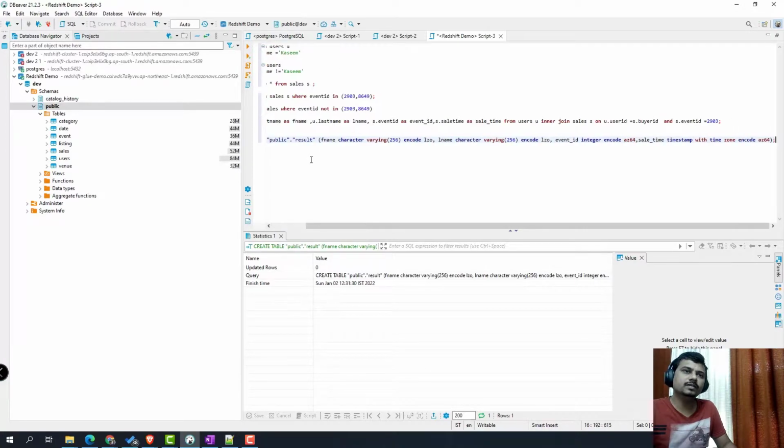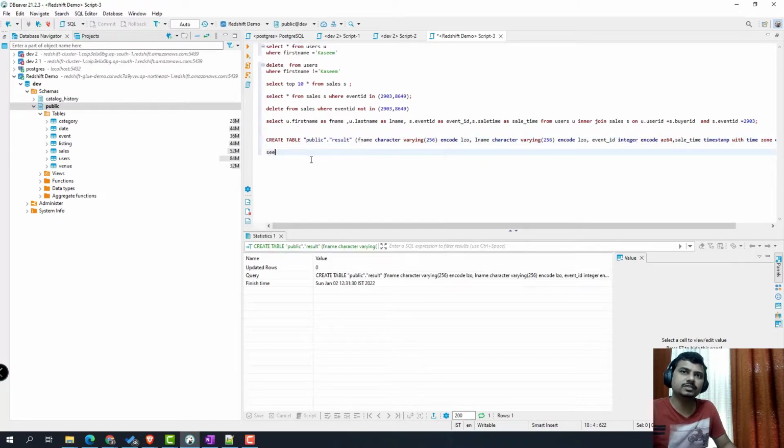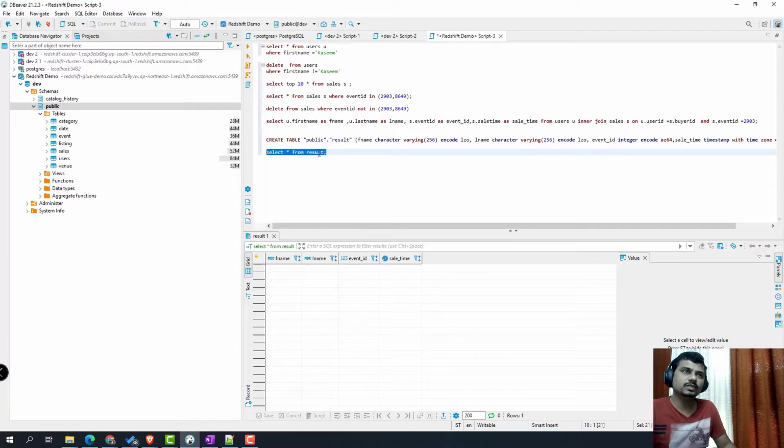Create a table with result which has a data type timestamp with time zone enabled. If we try to insert directly into this table using Glue, it fails. So we'll just verify the table creation is successful.